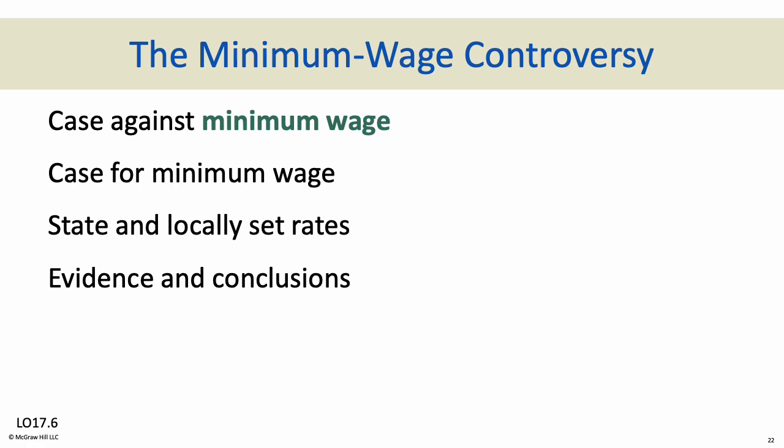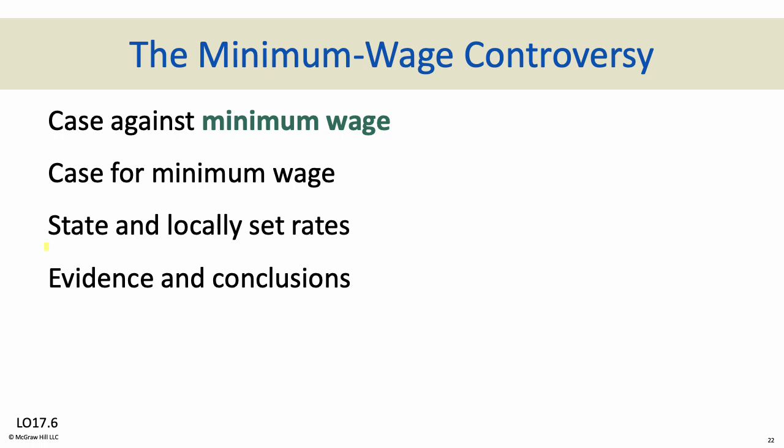So what about minimum wage? And this is going to be the last topic we look at in this chapter. And why would there ever be a case for or against minimum wage? At first glance, you would say that a high minimum wage is something that should be necessary, and you could certainly make arguments there. There is a federal minimum wage. As of 2009, it was $7.25 an hour. I believe it's slightly higher now, but that doesn't get changed very much.